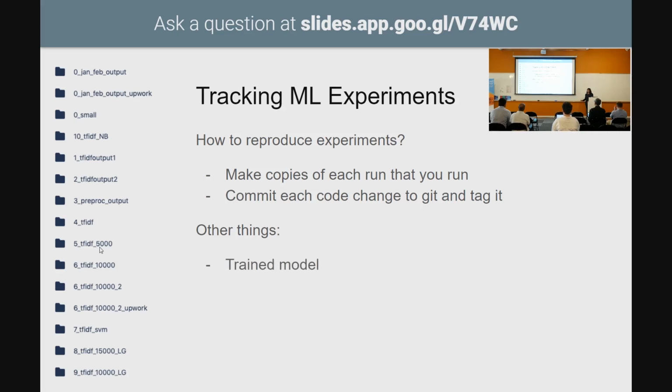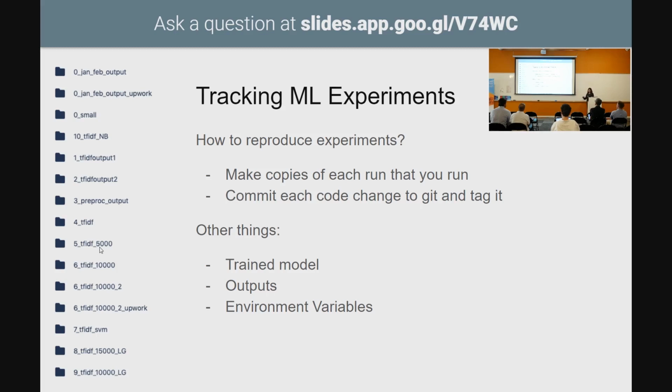Other things that you can save: the trained model. Sometimes trained models are so big in size, especially if they're multidimensional vectors and they're really large, and so it's not always easy to store a trained model. The outputs, again, how big is your test file? If your test file is gigabytes in size, each output would be several gigabytes, and it's hard to store all of that. And the last thing is environment variables. It's not super hard to store that, but we are not very good at making sure that we are running in the right environment.